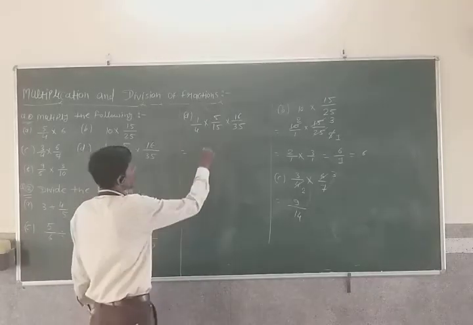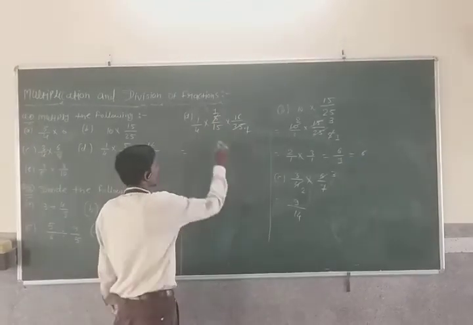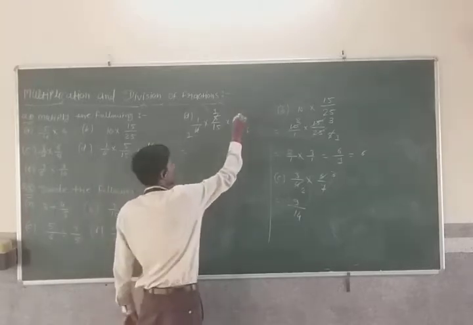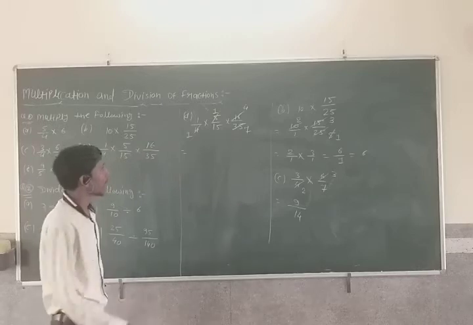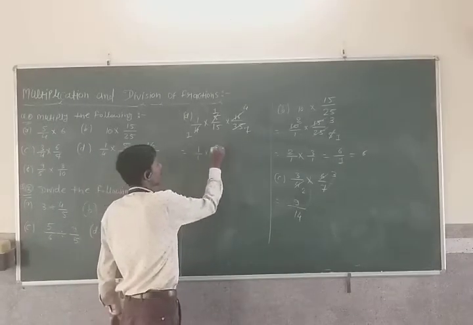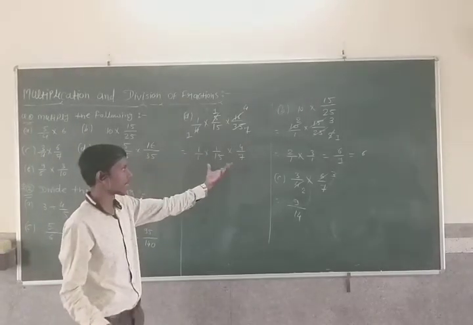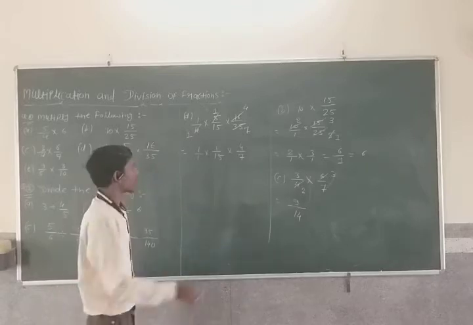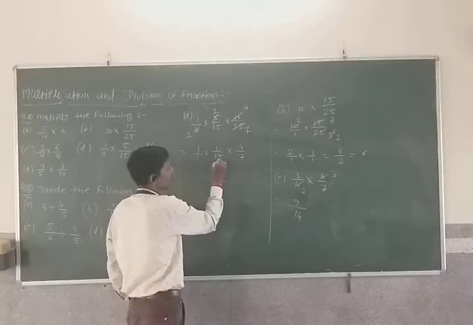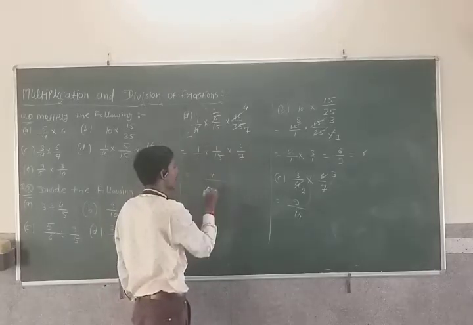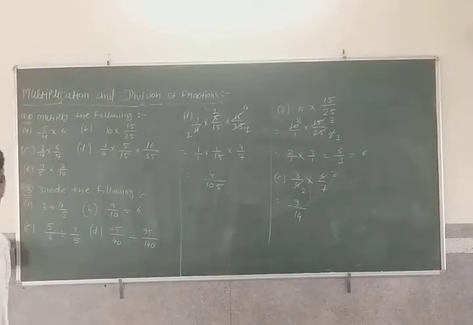Okay, now I can simplify this 5 in the table of 5 for one time, this 35 for 7 times. This 4 in the table of 4 for one time, this 16 in the table of 4 for 4 times. Now nothing can be simplified. So what I got: 1 upon 1 multiply 1 upon 15 multiply 4 upon 7. Can I check again whether anything can be simplified? No, nothing. So 1 multiply 1 multiply 4 is 4, 1 multiply 15 and 15 multiply 7 is 105. So that will be your answer, 4 upon 105.